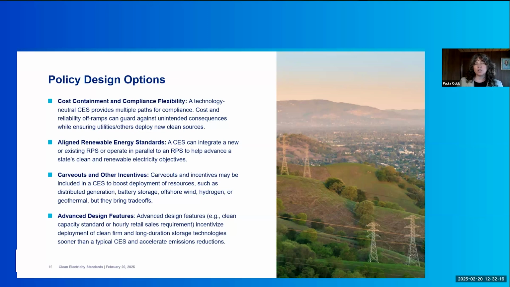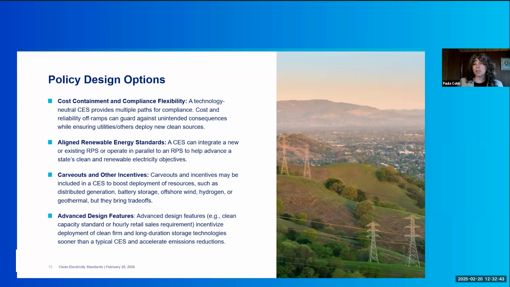The clean electricity standards of today have annual requirements. Well, an hourly retail sales requirement would say, 8760 hours per year, 24/7. Those hours have to be met by clean electricity, hour by hour, not just annual average. Now, this kind of standard can be implemented over time and get more stringent over time. So it wouldn't necessarily be all hours of the year right out the gate that would be covered by this